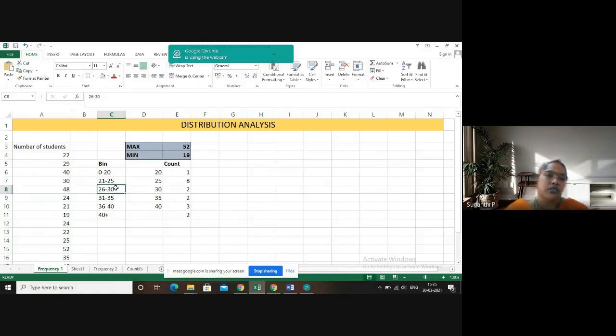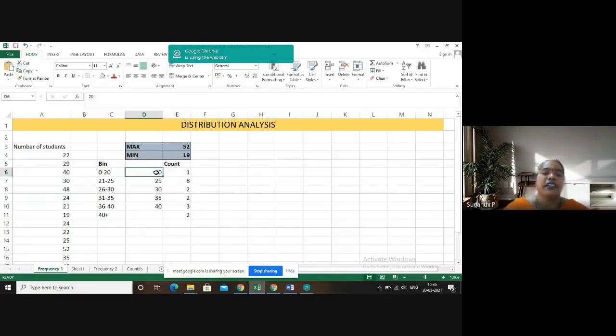The third bin is 26 to 30. The fourth bin is 31 to 35, then 36 to 40, and beyond that 40 plus. Afterwards, I don't want to separate the data, so I have included everything beyond 40 as 40 plus. Or if you want, you can put 40 to 45. But please remember the final value should be kept as a single value so that your distribution will look correct.